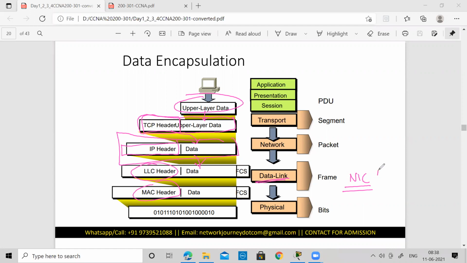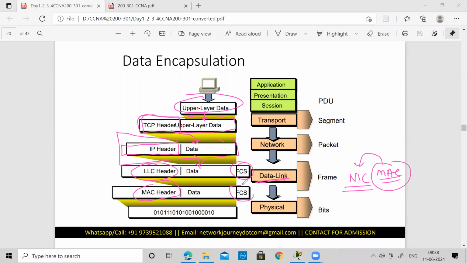The MAC address is a hardware address which we get because of the card built into our system. These days it is built into your motherboard itself, like a chip. A few years before, it used to be a proper card which we used to install in our computers, and because of that we were able to connect to the internet or any other network we wanted. So here the data link layer considers both things: it has a hardware device and it has a logic.